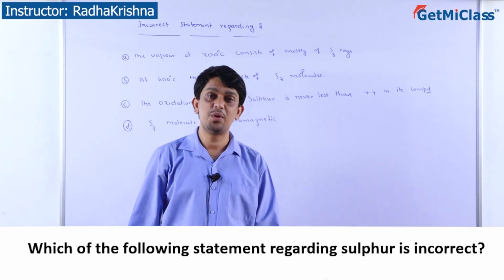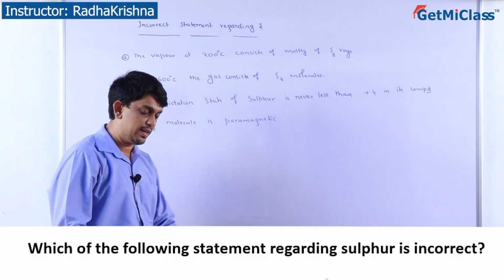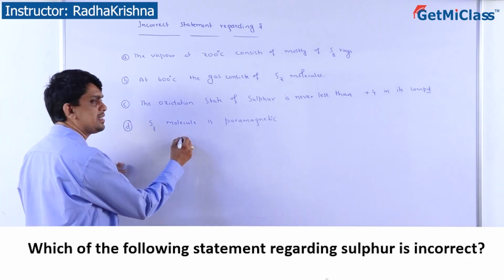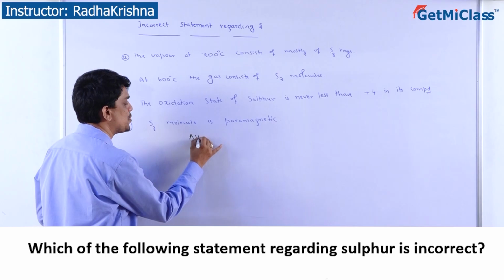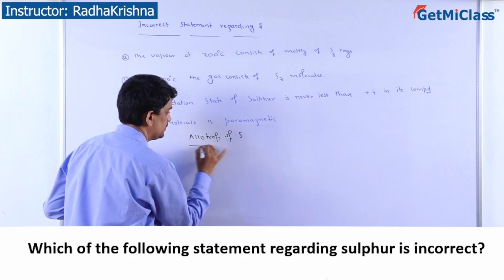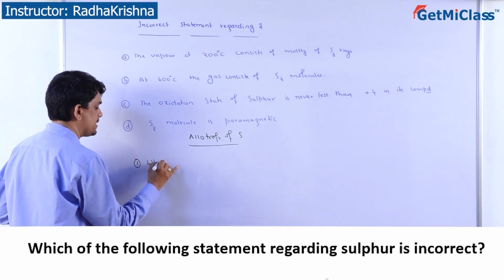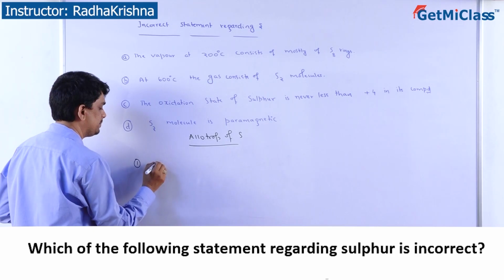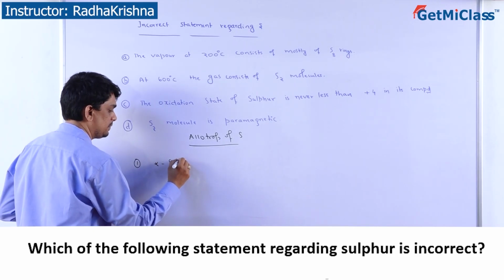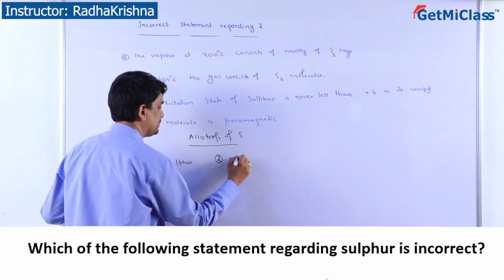You should find out the incorrect statement regarding sulfur compound. Let me first talk a little about allotropy of sulfur. We are studying here three types of sulfur. One is alpha sulfur, another one is beta sulfur,